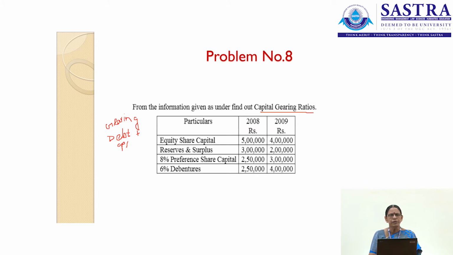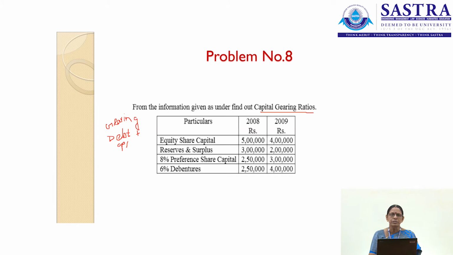This inclusion of debt into capital is said to be advantageous in two aspects. One aspect is, when you include these long-term borrowings into your capital, they do not interfere in your management. So no dilution of control is here. The equity shareholders will have the ultimate control over the company. So dilution of ownership or control is not made here.